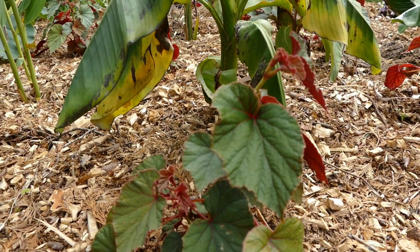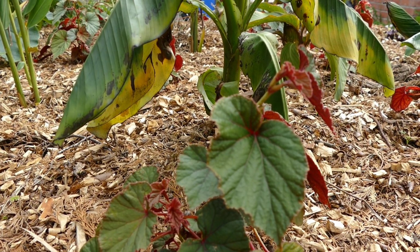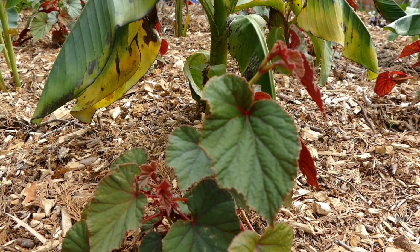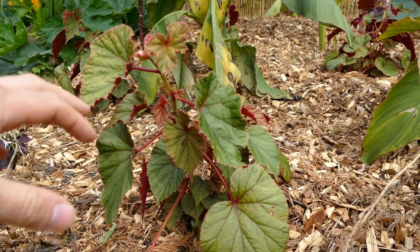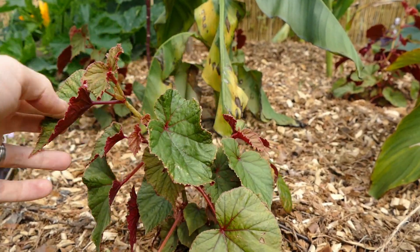I can grow them in the conservatory over winter, and that'll be just like an insurance policy in case the main ones outside die from the frost. At least I've got some growing inside which can take over. And the good thing with the begonias is they can handle really low light levels, so this bed isn't ideal for them now. Same with the Oxalis, can grow in such low light levels